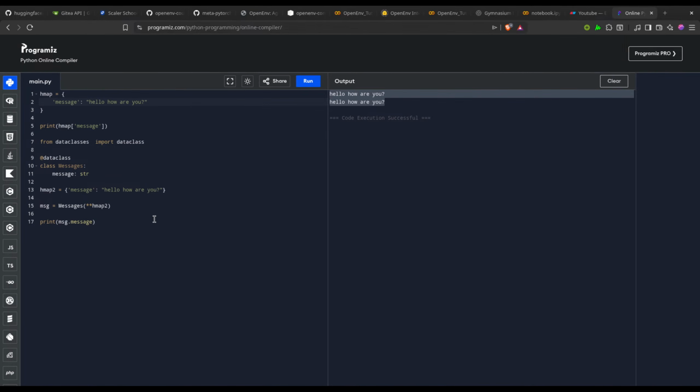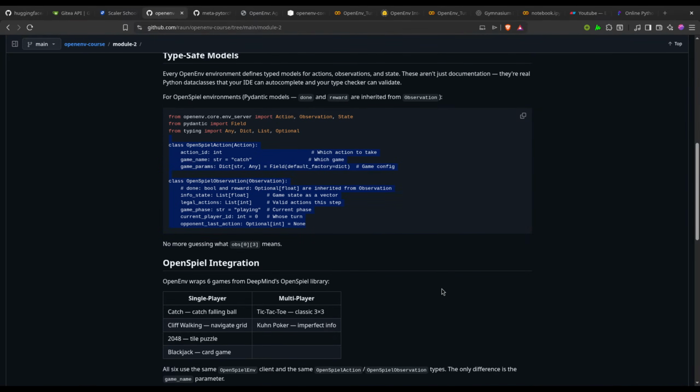So that is where it is more helpful. And then there is also pydantic, which does mostly the same. I will not be showing it today, but it is almost the same thing.